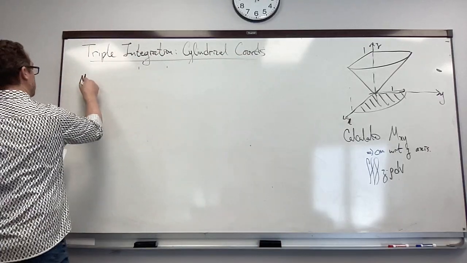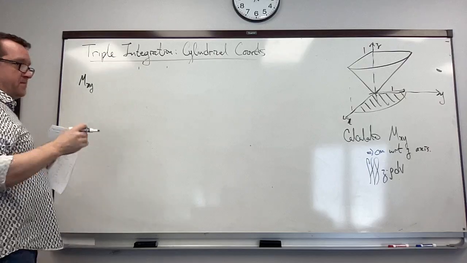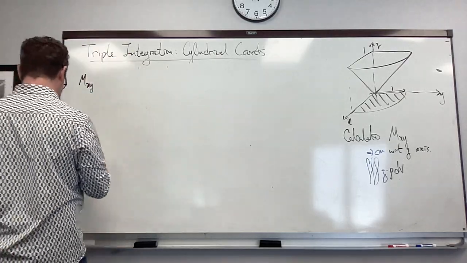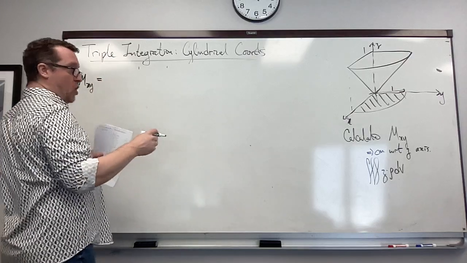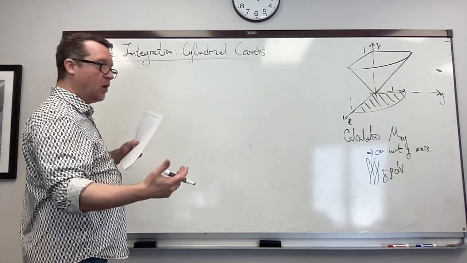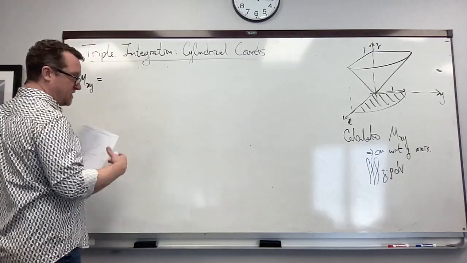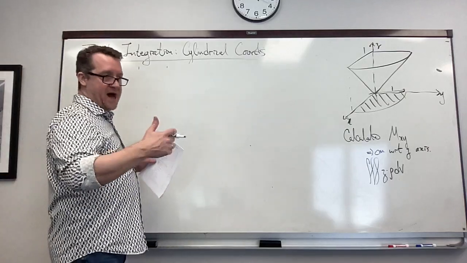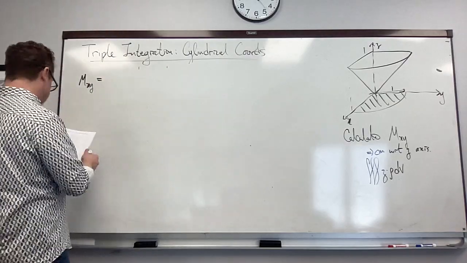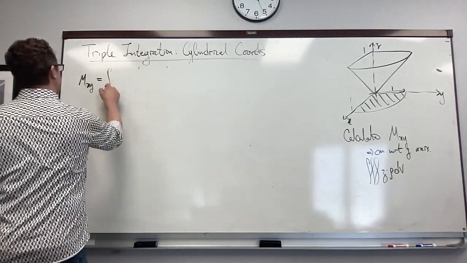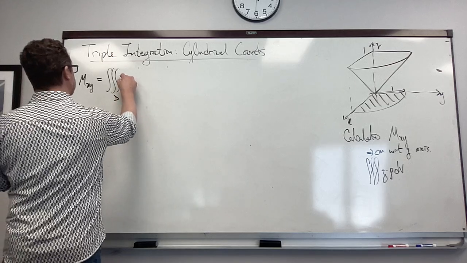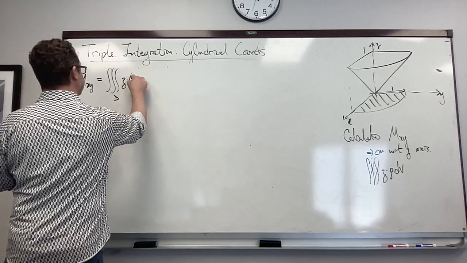So Mxy, which is the first moment of the mass distribution with respect to the z-axis. That's what this is called. And first moment means you have a mass times a distance to the first order. The second moment would be mass times distance squared, and that will give us the moment of inertia. We'll do that later. So we have our triple integral, just rewriting this again, of z times the